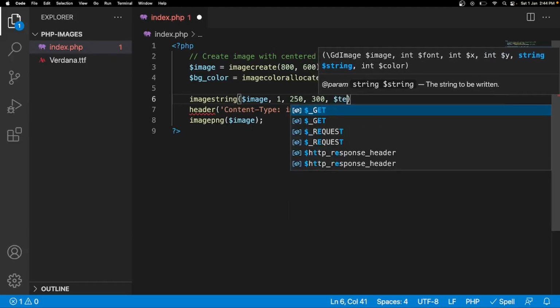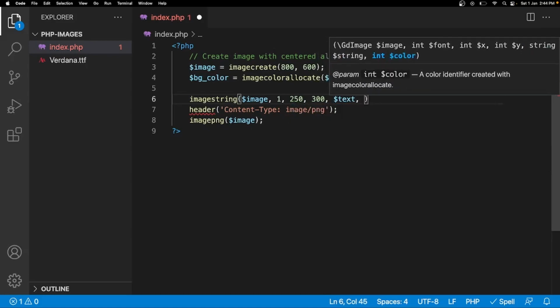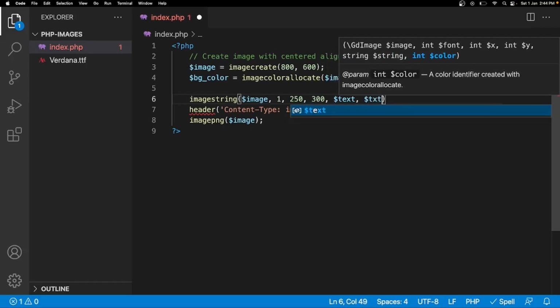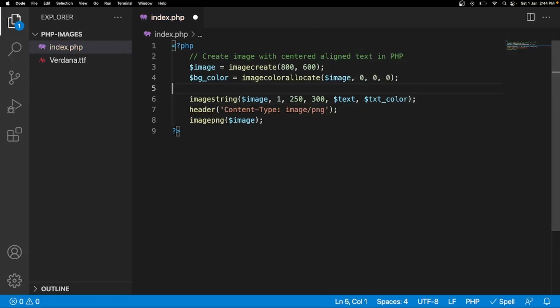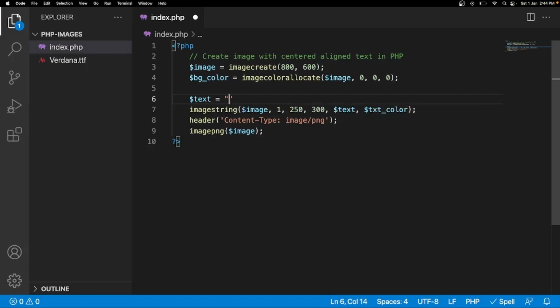I'm going to create a text variable here, and I'll be creating it soon. And then the color, so I'll be creating one more variable, text color, the way we created the background color. Here our text will be, I'm just going to wish you guys a very happy new year, 2022.